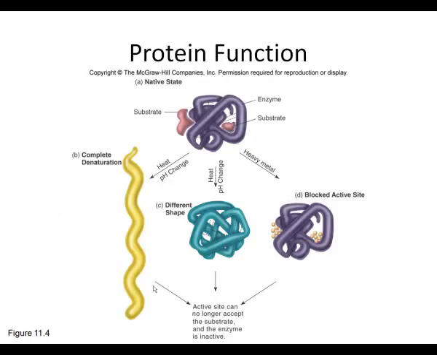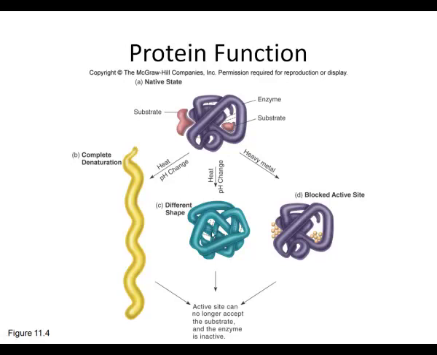If we look at this picture, one of the ways that some of these physical agents can work is to take a protein. We have our normal native protein, and if we apply something like heat or we change the pH, we can have what they call complete denaturation, where you go straight back to that primary structure of the protein. Or you can have it go from its natural shape to a different shape of that protein. And once you have that different shape, now you have a totally different function. And generally that function is non-function, because the active sites are closed off now and there's nothing to allow this